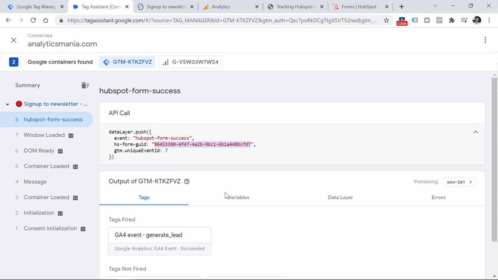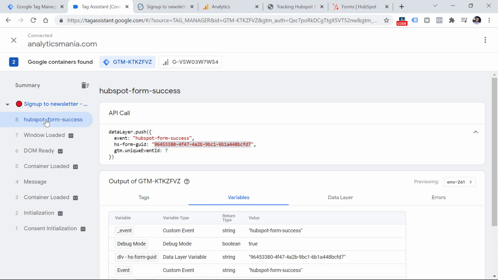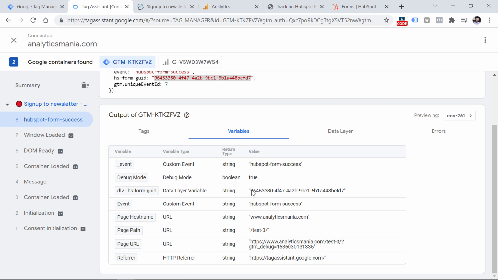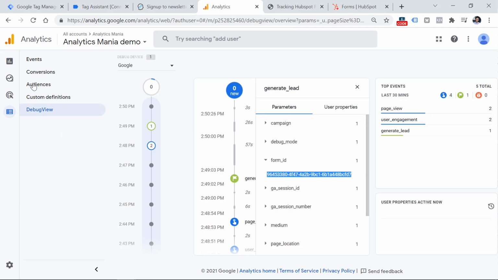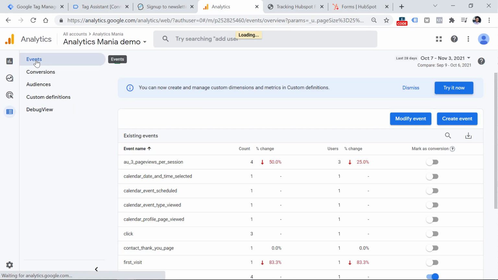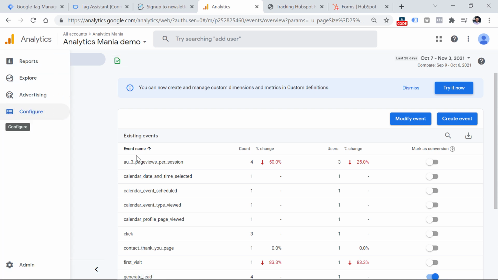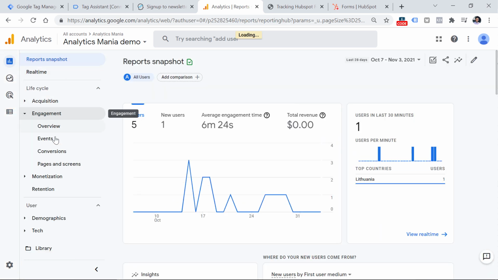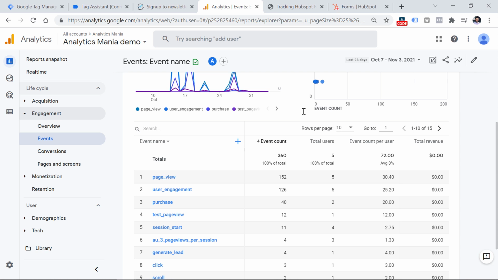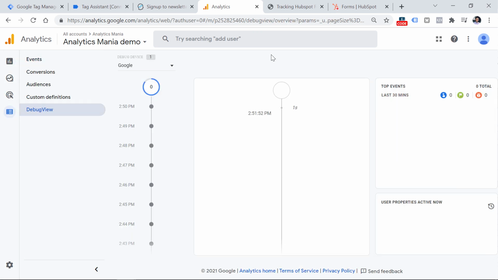If you want, you can also check the variables tab while having this event selected, and you will see that this is the value that our data layer variable returns. If we go back to Google Analytics 4, within 24 hours, you will start seeing that Generate Lead event in the events section of the configure, so somewhere in this list. Also, you will start seeing that event in the reports, and then click on Engagement Events. But again, keep in mind that this data will not appear in real time, and it most likely will appear just the next day. And one last thing, let's go back to Configure, Debug View, and click on that Generate